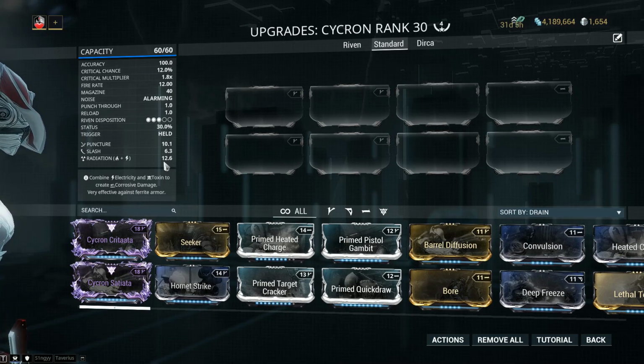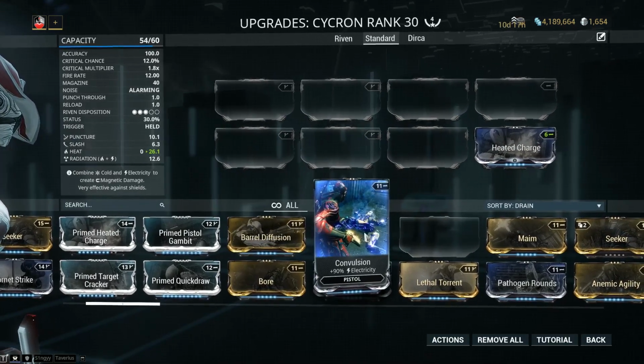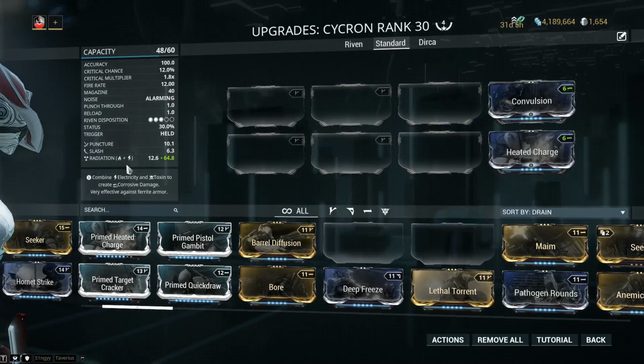We have a default elemental combo, so if you want to further increase the radiation on the weapon, you will have to remake it within the weapon. For example, if I was to add heated charge, the heat gets left hanging, and the radiation you should treat as a very last mod somewhere around here. So if I do really want it, I'm gonna have to increase it with electricity,